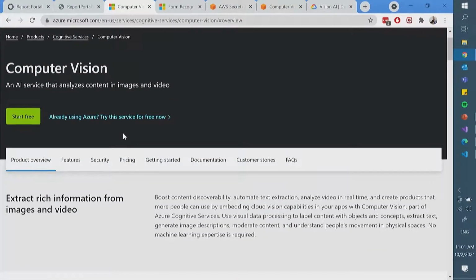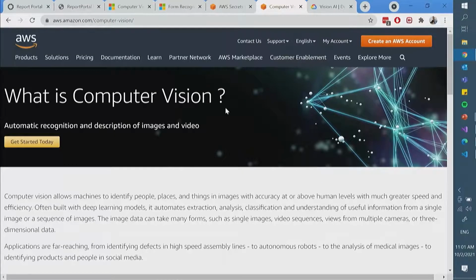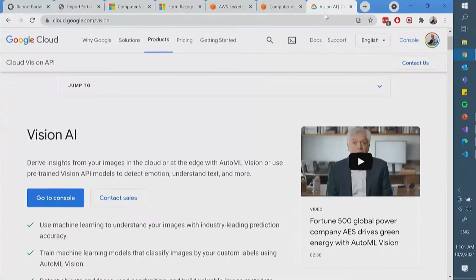services. They are based on AI, artificial intelligence, and machine learning. For Azure, this is called computer vision. For Amazon, this is, again, computer vision. They have the same features, pricing, and everything. For Google, this is Vision AI. And the thing,